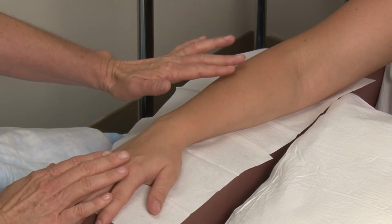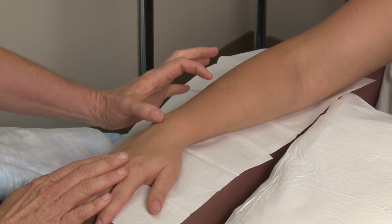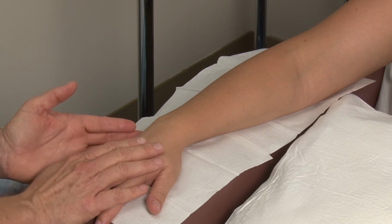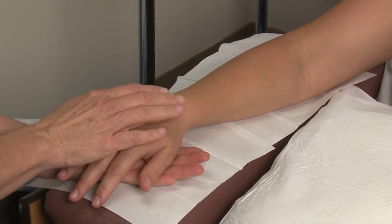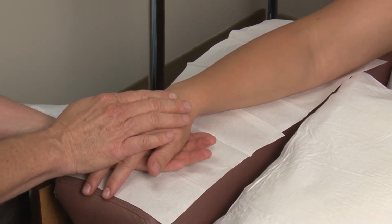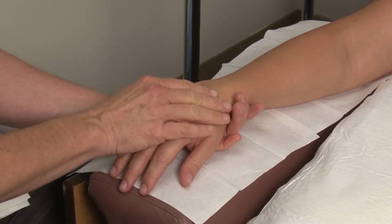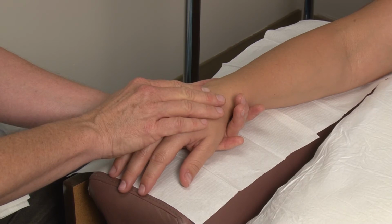So let's pretend that there's an IV in this arm right here. So our working guidelines were 3 to 4 inches away. So now we're just going to work with the hand. We're going to say hello, but we're just going to say hello right here. Or even better, we can put our hand under here, which will then access P6, our anti-nausea